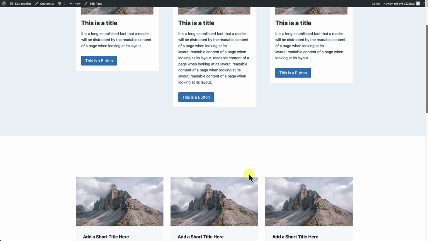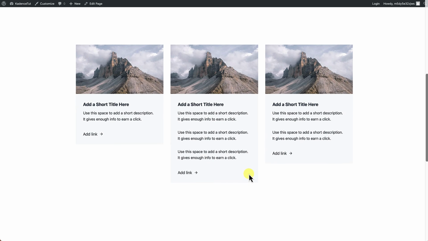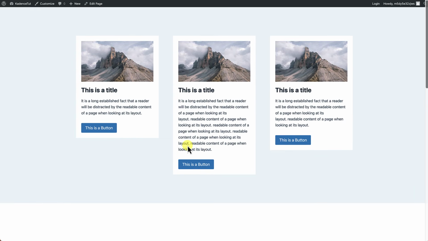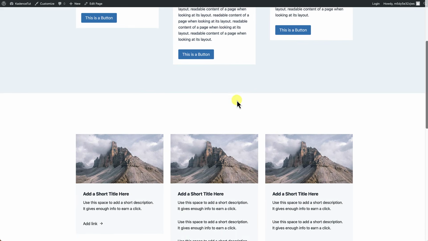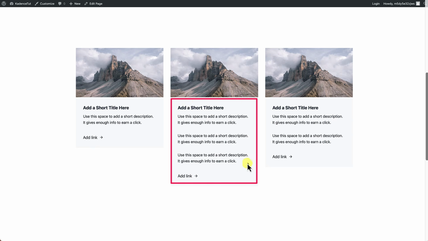Okay. And if we scroll down, we have a different example. And in this case, we have an image, we have a title, description, and we have a text link or a text link button. And to get this effect, the reason why this is a little bit more advanced than this one is that in this case, we're able to add some padding to the outer section here to be able to pull the content in a little bit, create some spacing. But over here, the padding is only applied to the textual content, and the image is stretched full to the edge of each section. So this means that there's a little bit more elements involved to be able to create